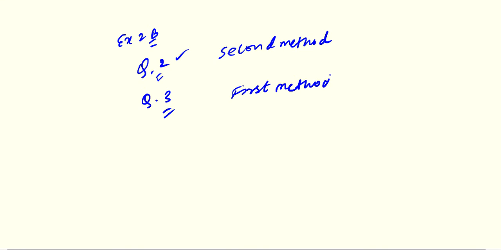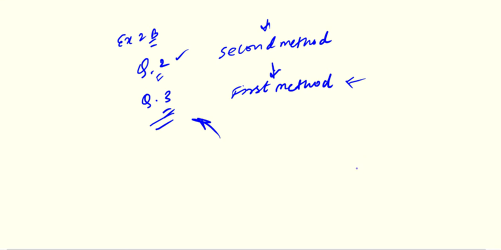So for question 2 and 3, please note it down. From the above methods you can solve. Then in the exam, maybe you will get a question to compare by calculating LCM or calculating denominators, and maybe you will get a question to compare the following rational numbers by any method. If any method, that means you can use the direct method. But if it is given by making denominators equal, then you have to use the first method. Clear? Denominators equal means first method, and the direct method is the second method.